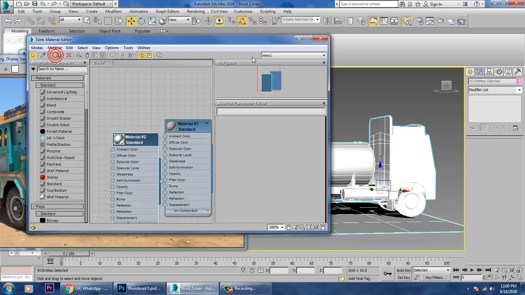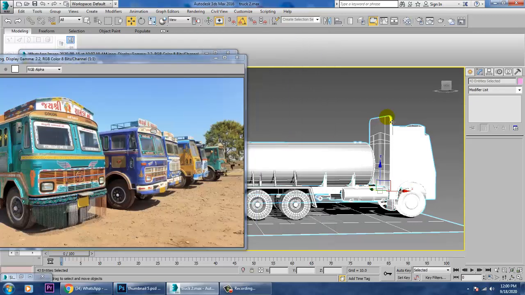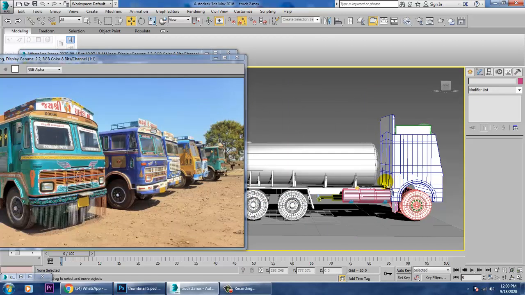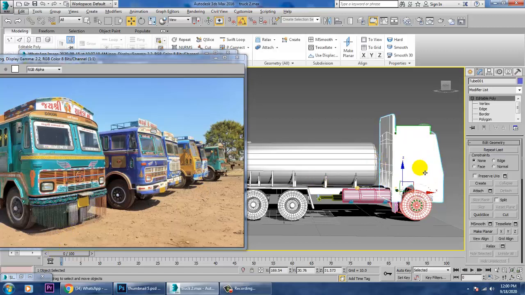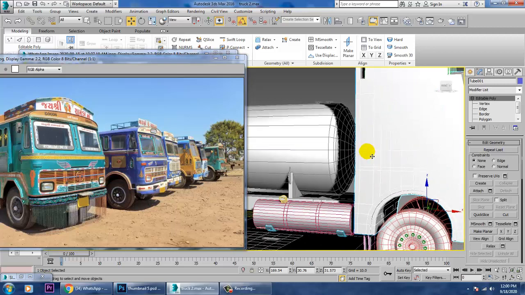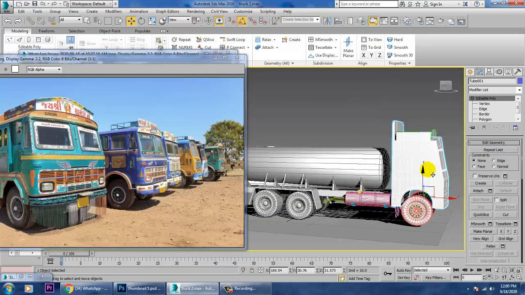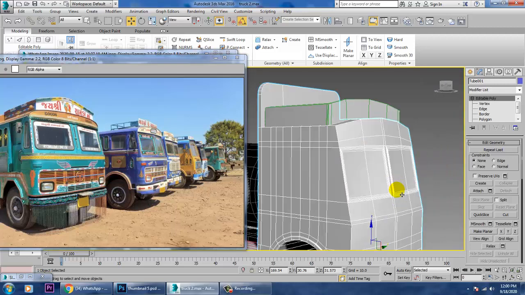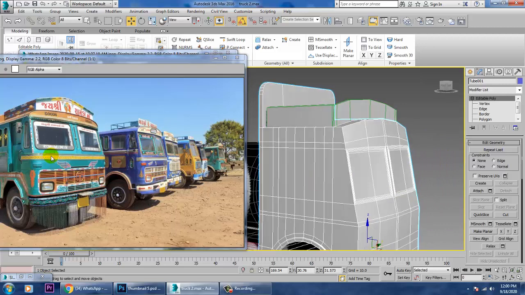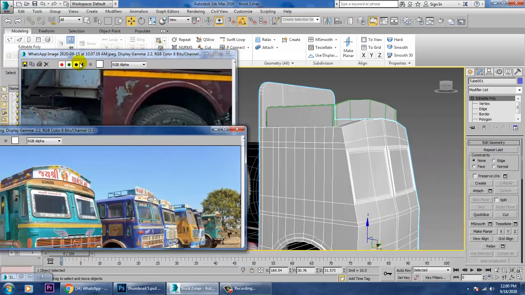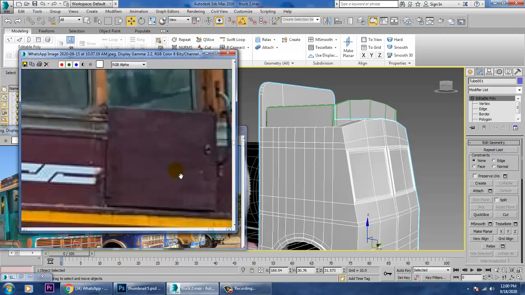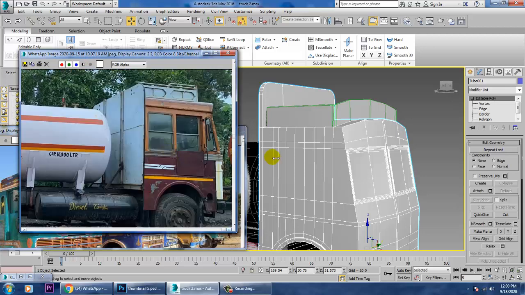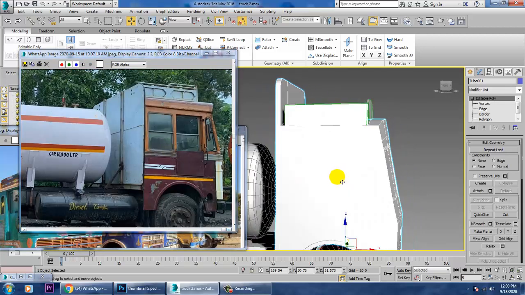Just assign the material over here. Now what we'll be doing over here is we need to create this cabin kind of stuff. We'll go with the detail part now. So let's go into this. We need to create these windows also over here.